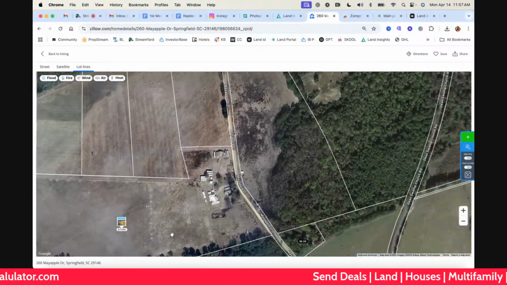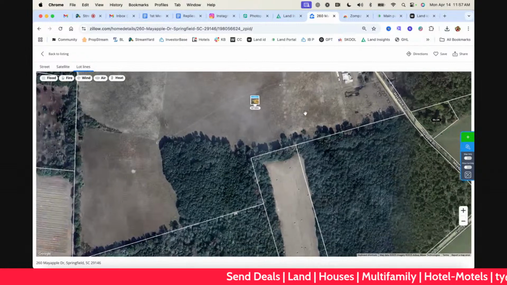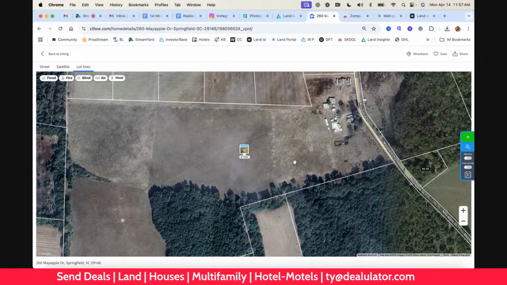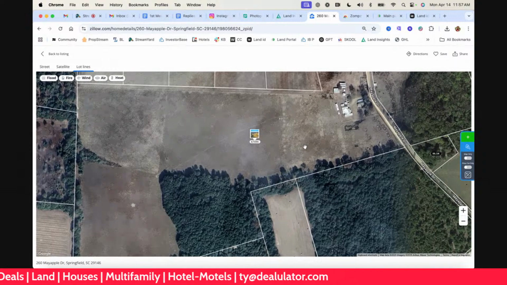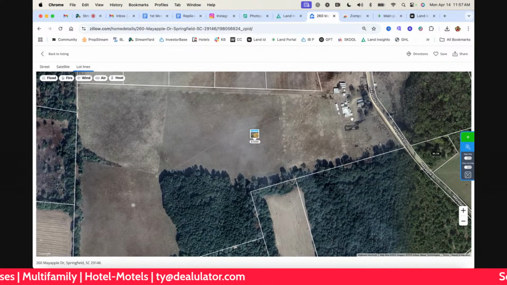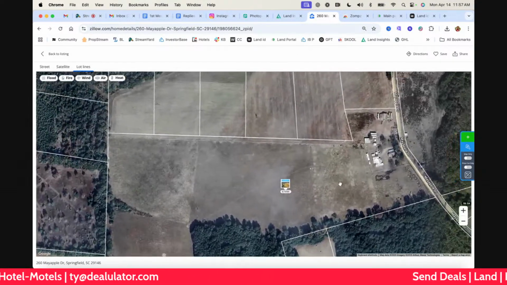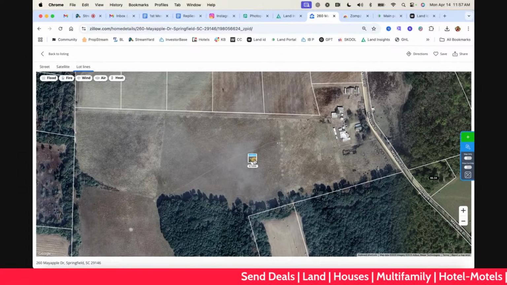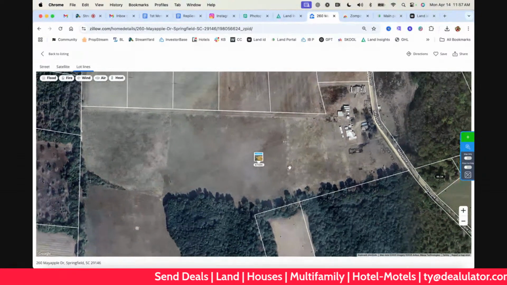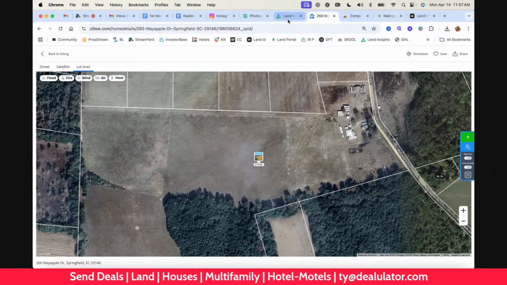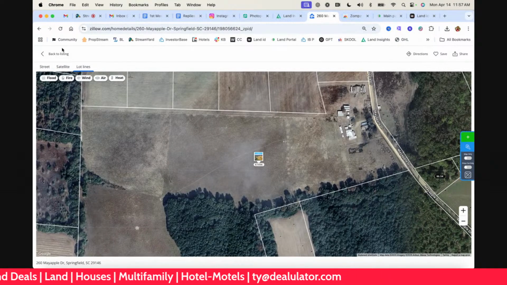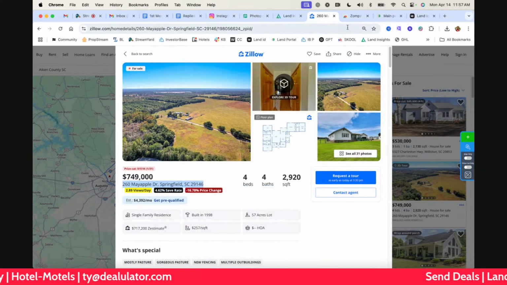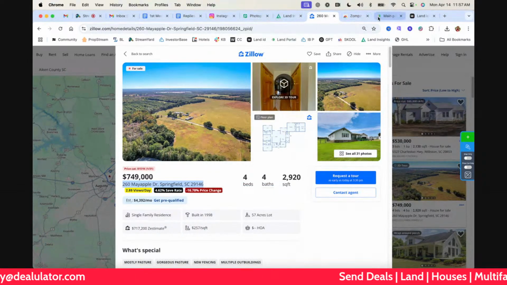Not a perfect situation, but again, it would be worth taking a look and seeing what they would be open to, right? So that would be another one that we would target there. If you can see the lot lines there, you see the thumbnail, the icon for the property location. Let's see if that's the same thing we're looking at in the land portal.